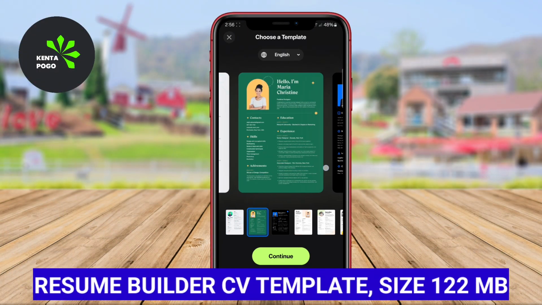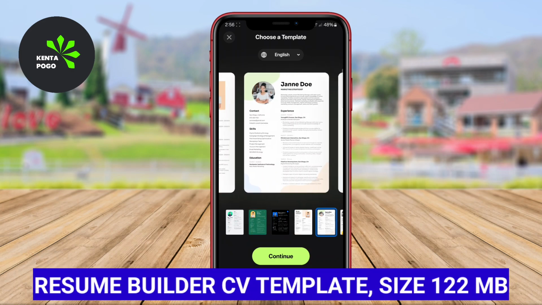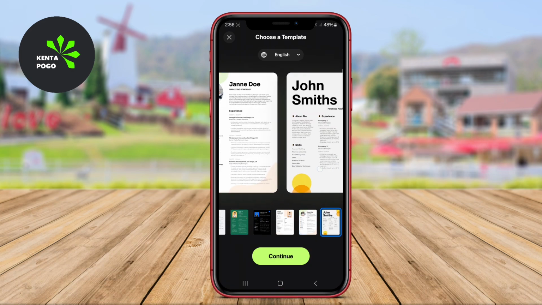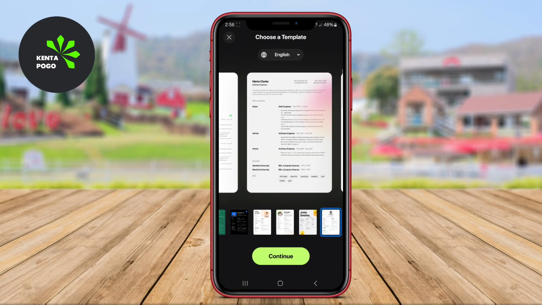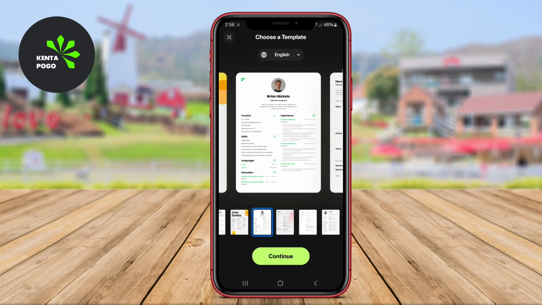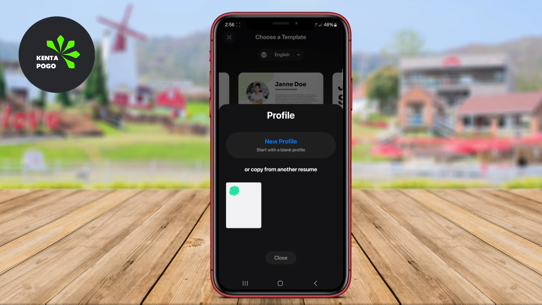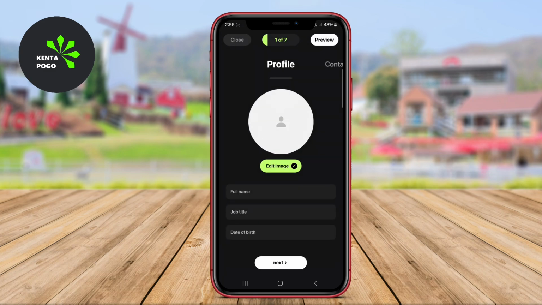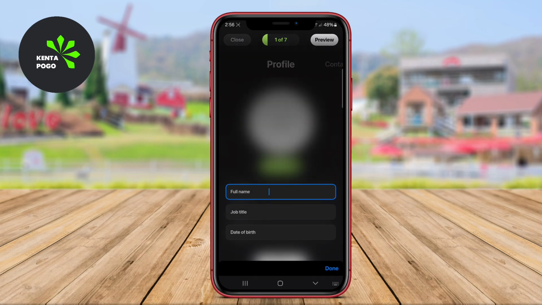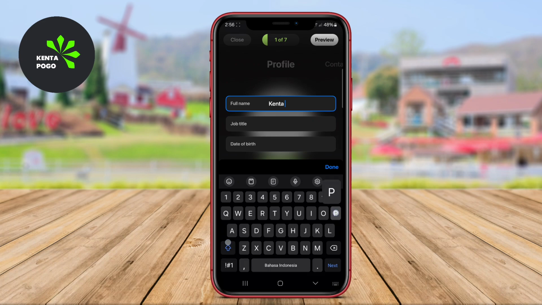Resume Builder CV Template. This application focuses on providing a wide range of customizable CV templates that help users create attractive and well-structured resumes. With an intuitive interface, it offers step-by-step guidance on filling out each section, ensuring that users effectively highlight their skills,